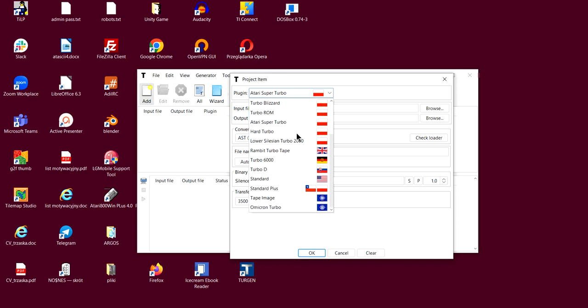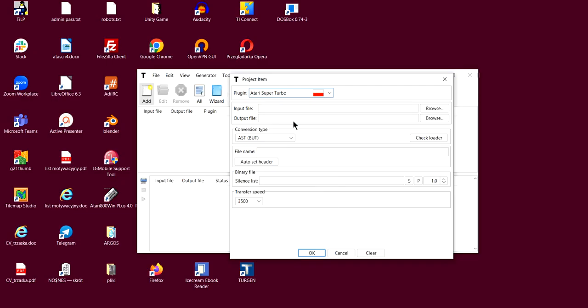There's also Turbo Blizzard, which has very fast bit rate. It's very fast turbo, up to 6000 bauds. And there is also Atari Super Turbo or AST, which I will use now because I own this turbo here. And there are a couple of versions of it. The versions differ